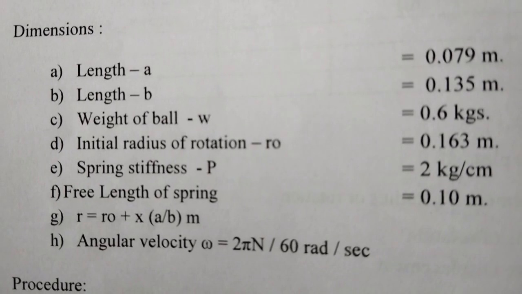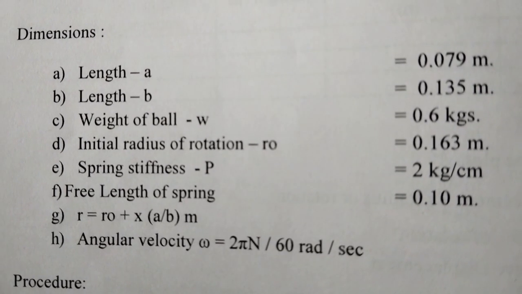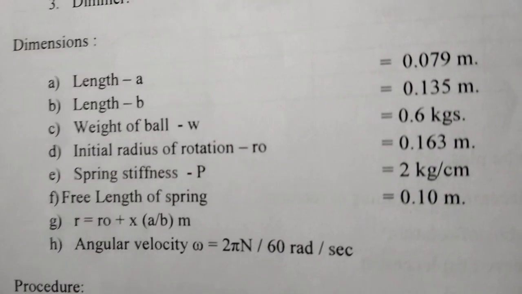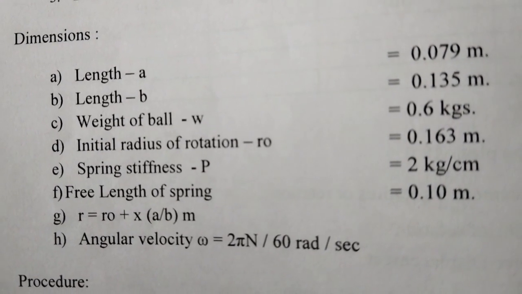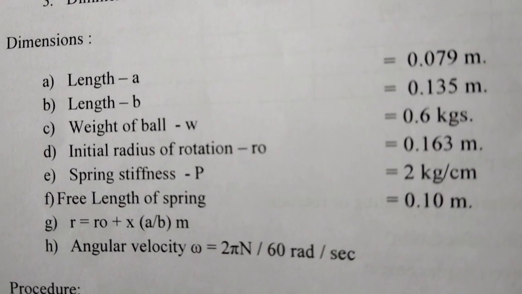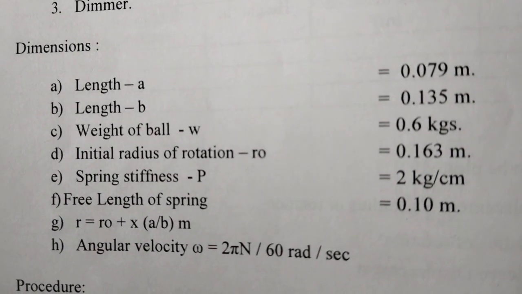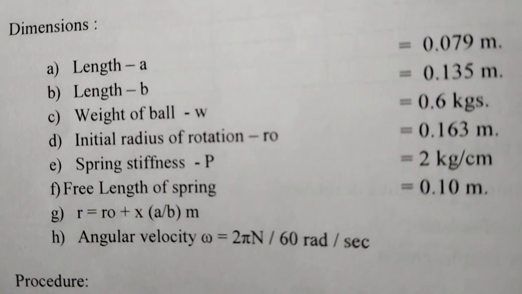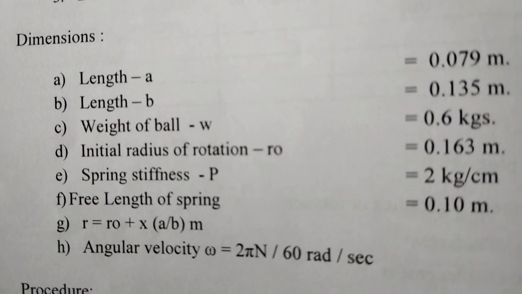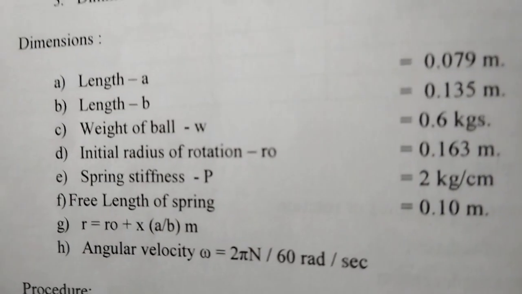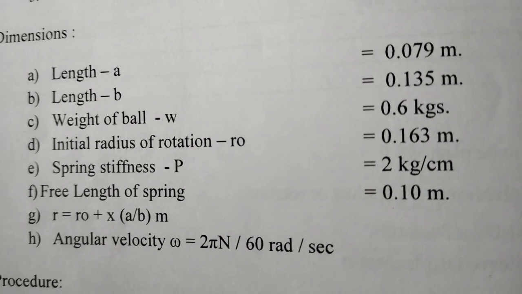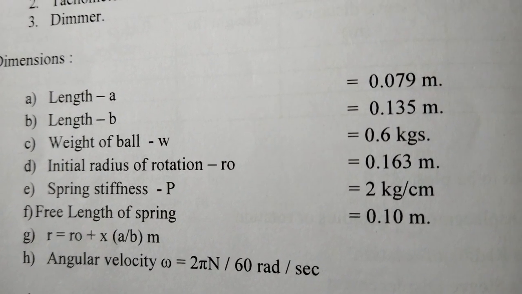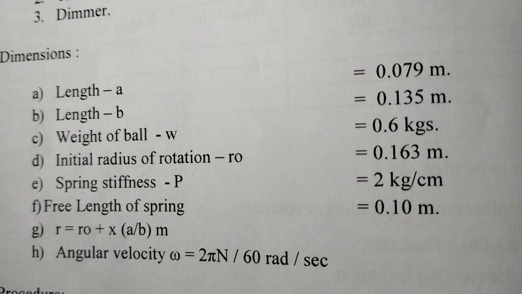So next, dear students, now we see about the determination of speed and sensitivity for the Hartnell governor. For the Hartnell governor we have some changes in the specifications. The dimensions: length A is equal to 0.79 meter and length B is equal to 0.135 meter, weight of the ball is equal to 0.6 kg, initial radius of rotation r0 is equal to 0.163 meter, spring stiffness 2 kg per centimeter,